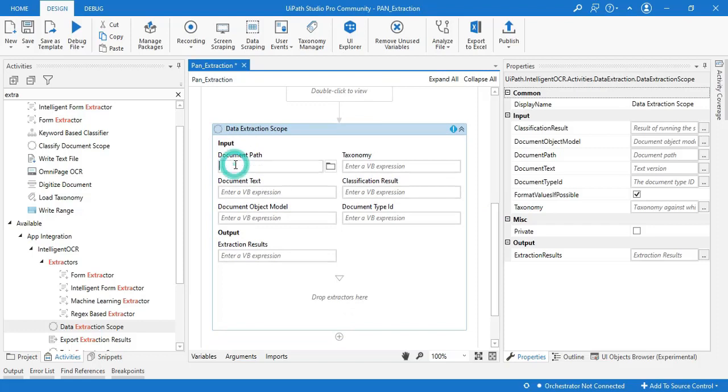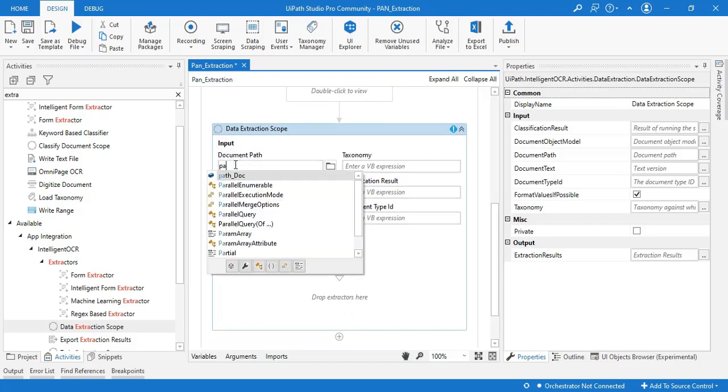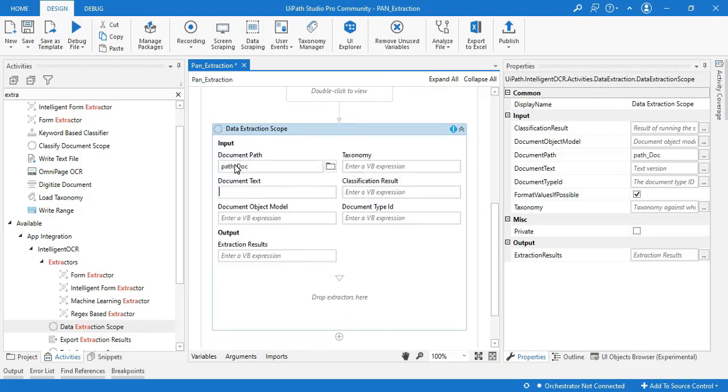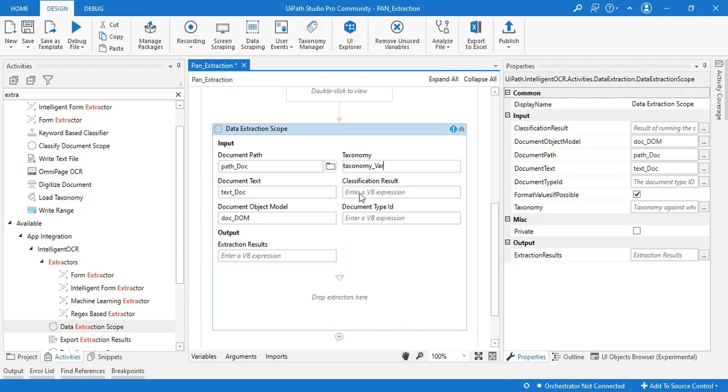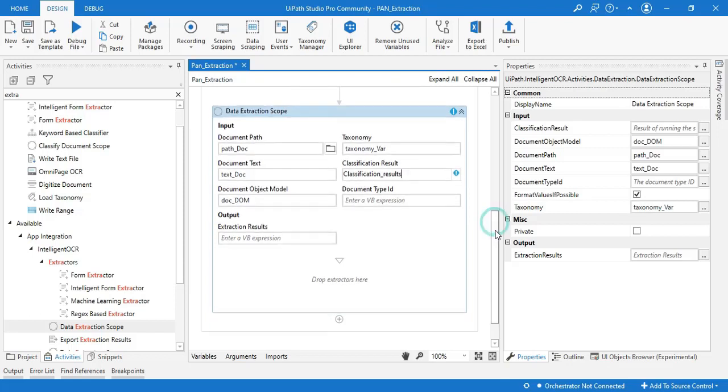Provide all the required inputs. Taxonomy variable and the classification results, which we just created in our previous steps.